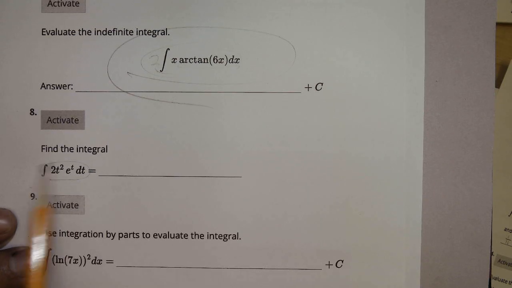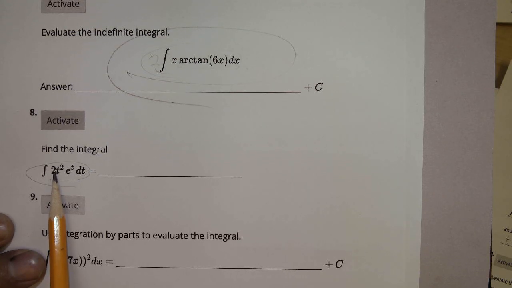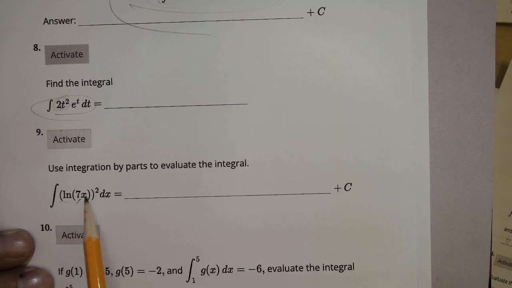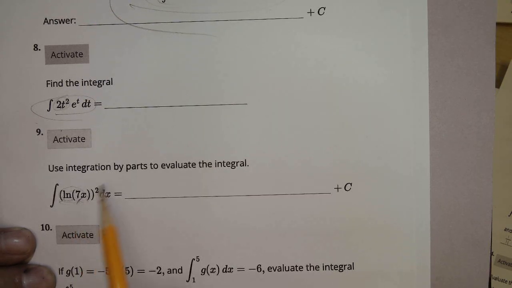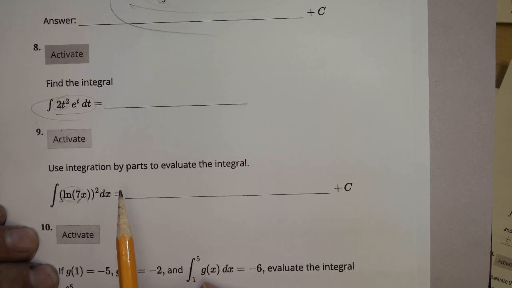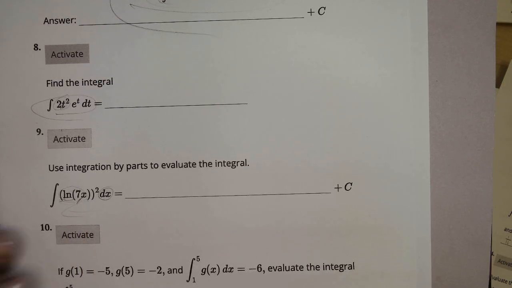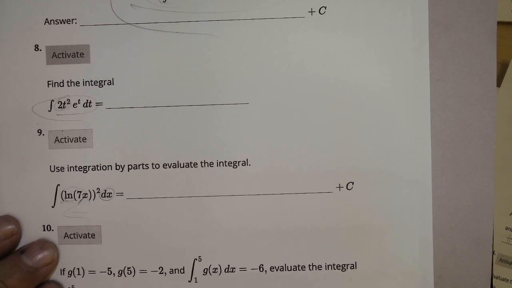This one would work with integration by parts. You just have to do it twice. The first time letting u be this, second time it'd be even lower. This one you would let u be ln of 7x squared, and dv would be just the dx, and you'd put that in the derivative. So those will work out. Okay,